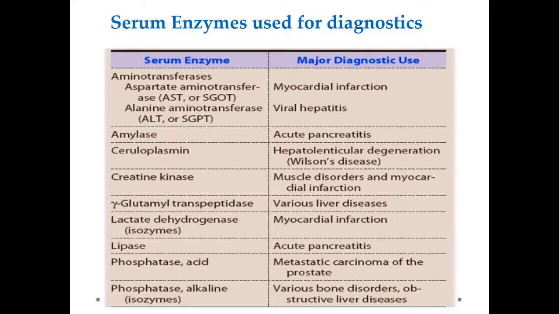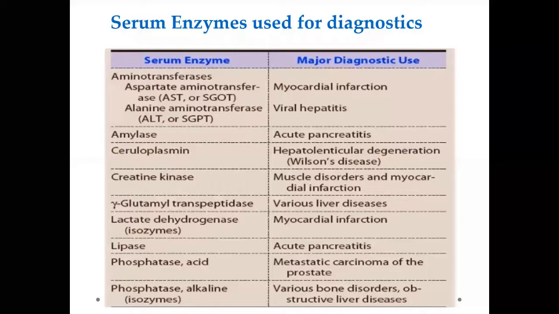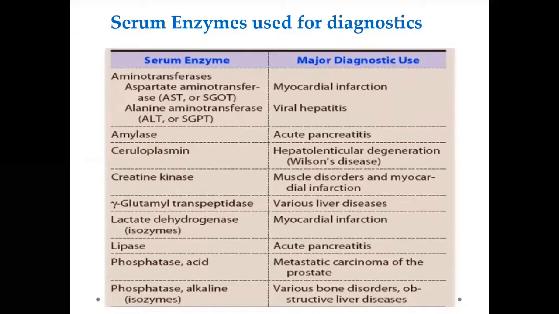GGT levels in the blood are diagnostic for disease of the liver and the biliary systems, as well as disease of the pancreas. Also, the measurement of lactate dehydrogenase is especially diagnostic